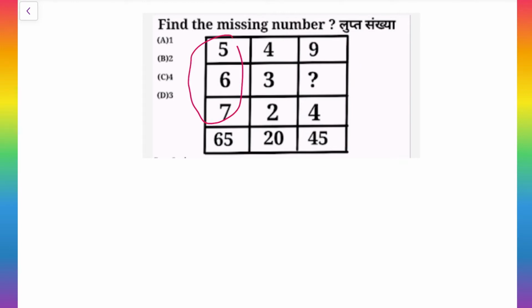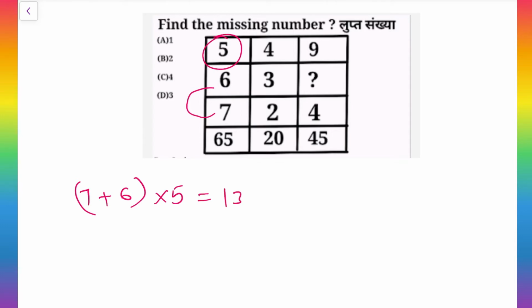Okay, let us check these three now. First I will go with the addition. 5 plus 6 plus 7. 5 plus 6 is 11, 11 plus 7 is 18, but here we have 65, and 18 and 65 don't have any logic at all. Next, I will go from down, that is 7 plus 6 into 5. 7 plus 6 is 13, into 5. 13 5s are 65. Yes, this is the correct one. So it means in the column: the second number from the last plus the third number, into the first number.